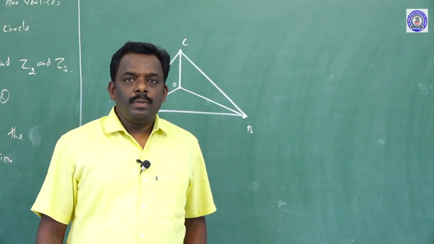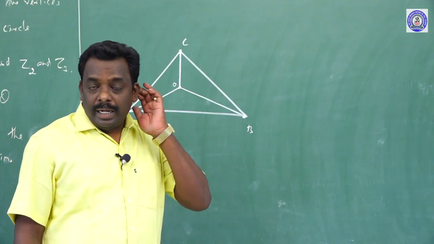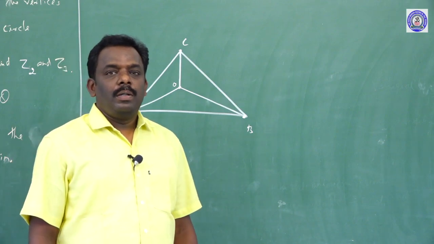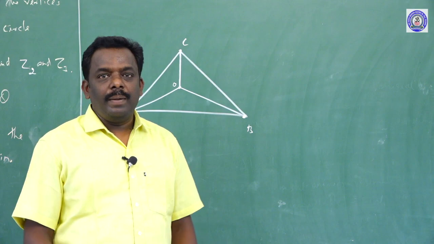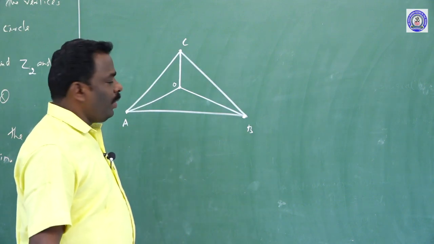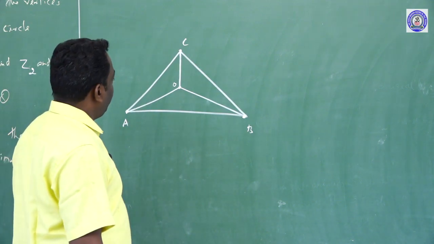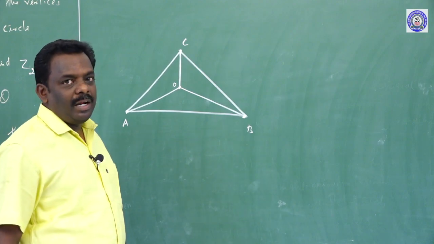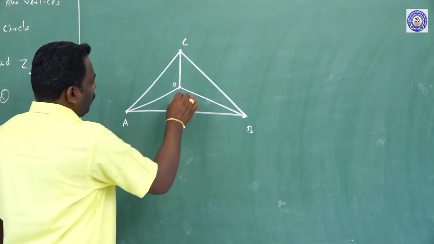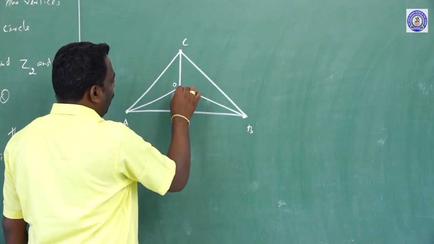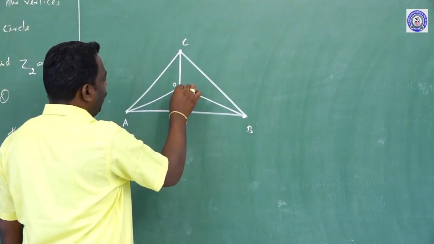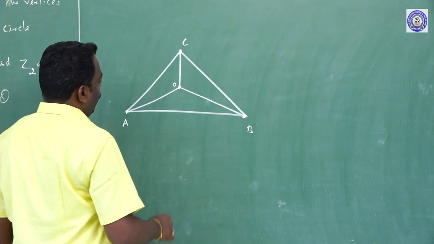Dear student, today we come again to exercise number 2.8. Some of the sums remain that we will discuss today. But before going to the sums, let us first discuss the triangle. Let us take the origin inside the triangle, defined as O.